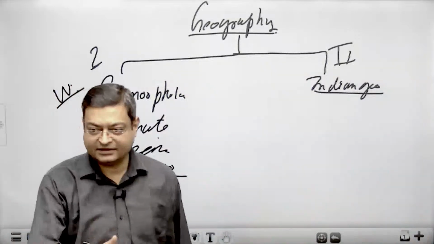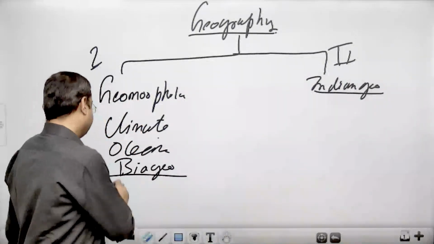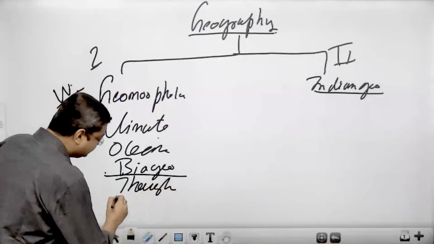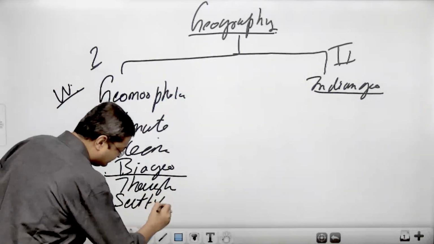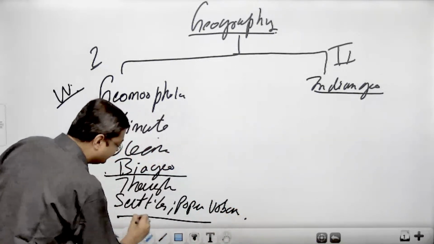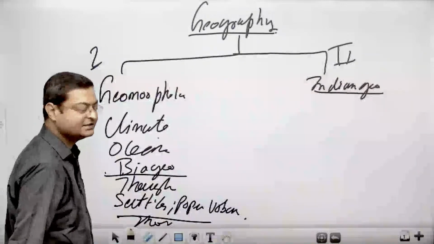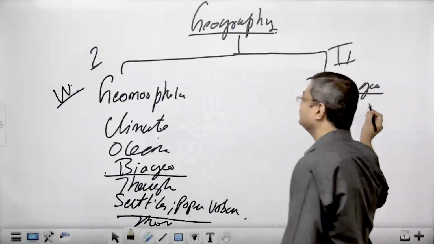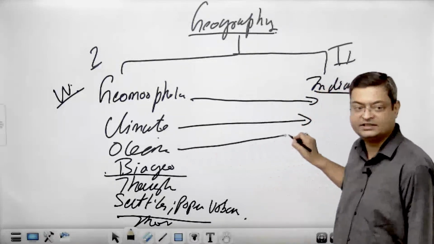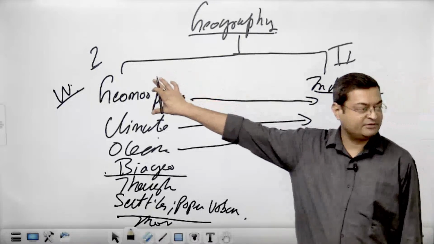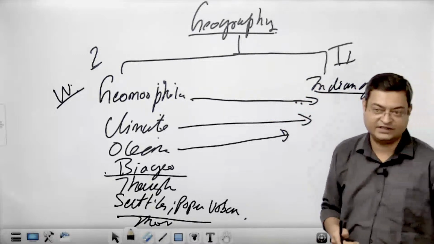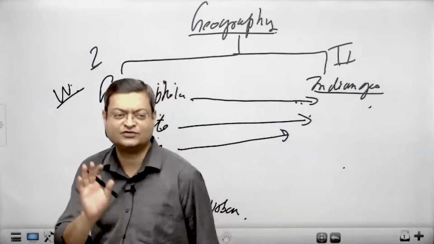Then from second onwards, that is the second section, it is settlement, population, urbanization, and theories, and so on. There are many subsections. If you compare it with Indian geography, all the aspects of the world are given with respect to India only. For example, if you are going to study the concept of geomorphology, then in India, in your first topic, it is the physiographic division of India. That is the northern mountain system, plains, and so on, drainage.